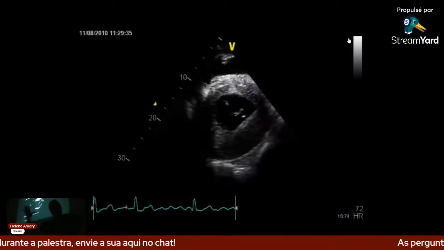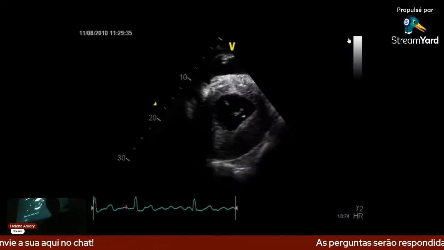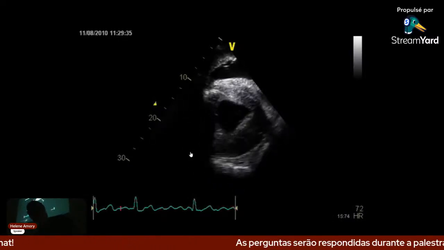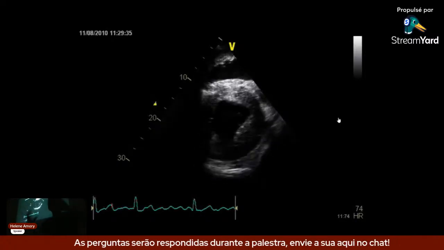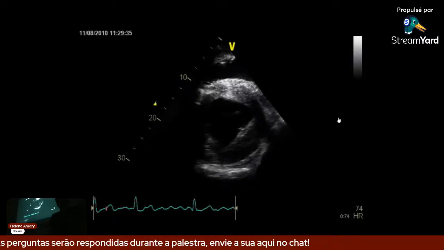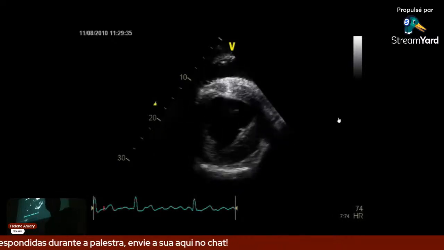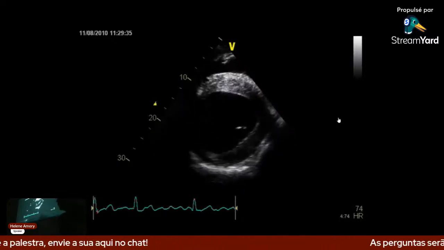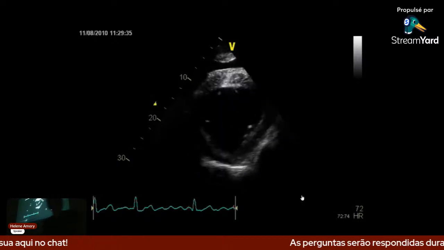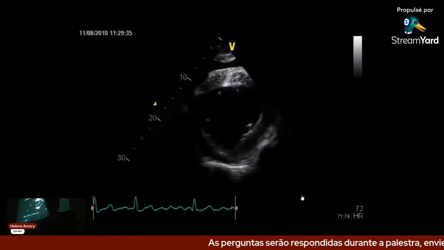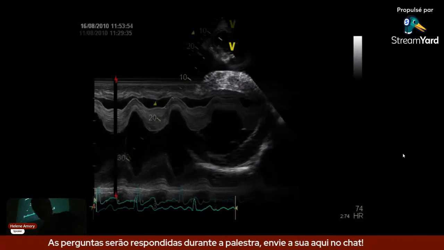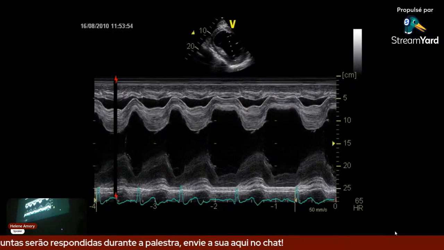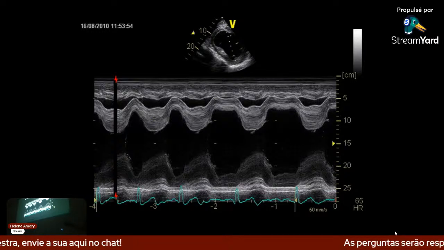No, but you see, again, the contraction is exaggerated. It's a short axis view of the left ventricle. It's completely exaggerated. You see that it contracts irregularly, but we knew that already with the stethoscope, okay? We saw it on the ECG. You see the ECG there with the atrial fibrillation, okay? The tachycardia, arrhythmia, and completely exaggerated contraction. There's volume overload.